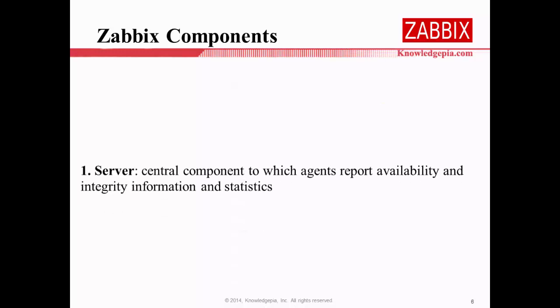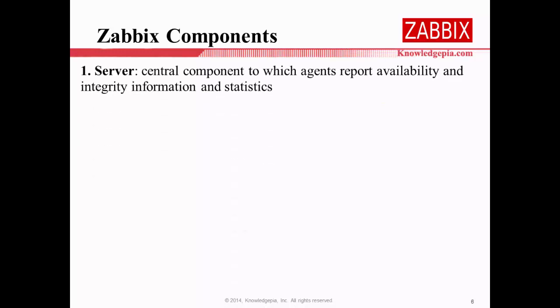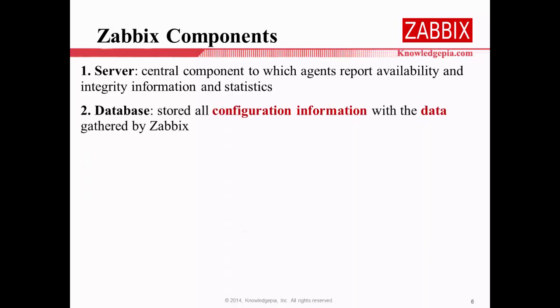Javix components. When Javix monitors these Javix agents, normally Javix needs these components. First one, Javix server. This is a central component, and it will receive data like availability, integrity information, and status from each agent. And after that, Javix needs to store this data from each Javix agent. When the Javix server stores this data, normally it will be configuration information and the